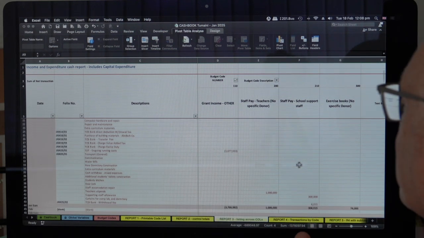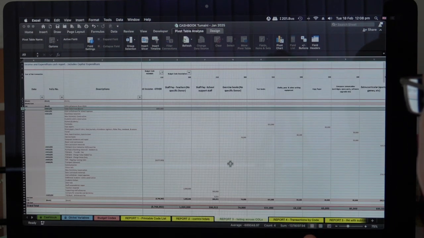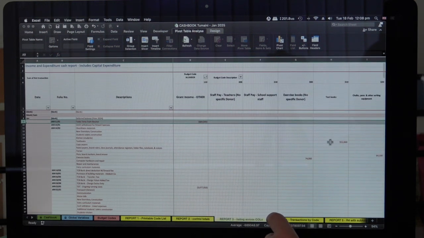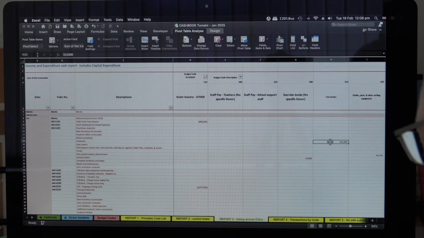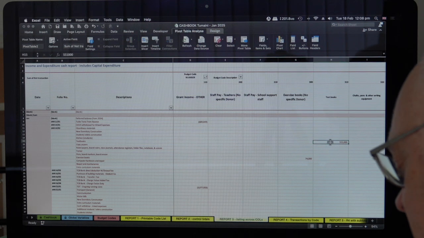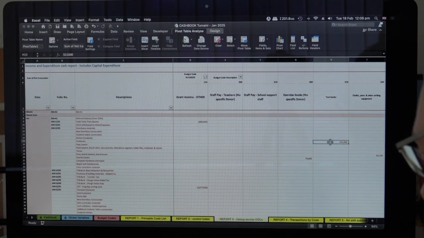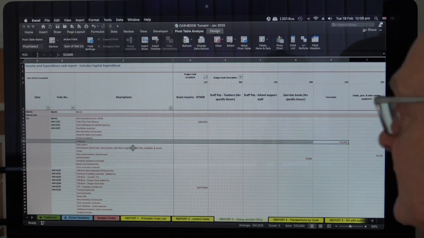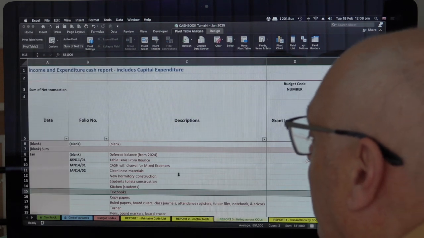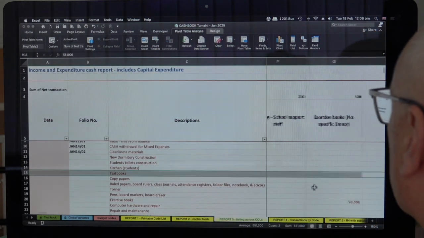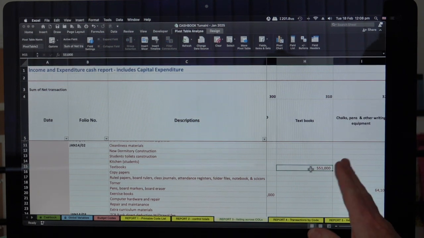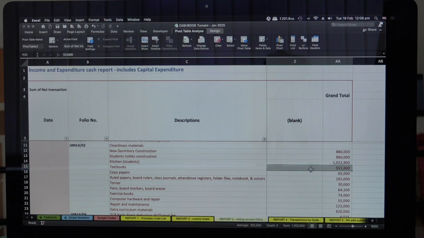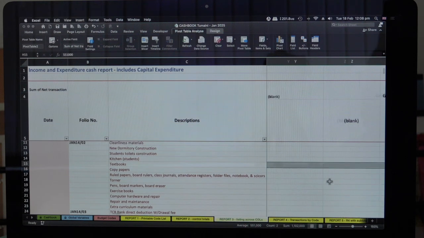So let's have a look. All right, let's just see what's happening here. There's quite a lot in this area here. If we say there's 55,110, if I want to look quickly to the left, I can do Shift and Command, or Shift and Control, and press the left arrow button, and it'll light up everything going to the left-hand side. This is just normal Excel. And then I can easily trace, well, that's textbooks. And if I want to see that figure showing up in the grand total on the other side, again, Shift and Control and the right arrow, and it'll go all the way across to the end of the table. And there's the 551,000 there